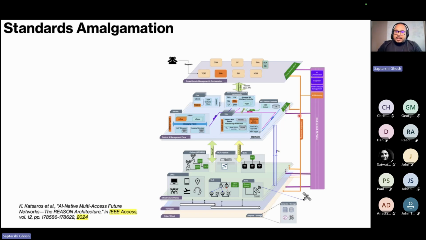So this is a very busy diagram. We don't need to get into the individual details of it. You can see some feeder links for the satellites and all that. These are three layers of operations: infrastructure, control, and cross-domain control. Let me explain what cross-domain control actually is. Think of a service which is